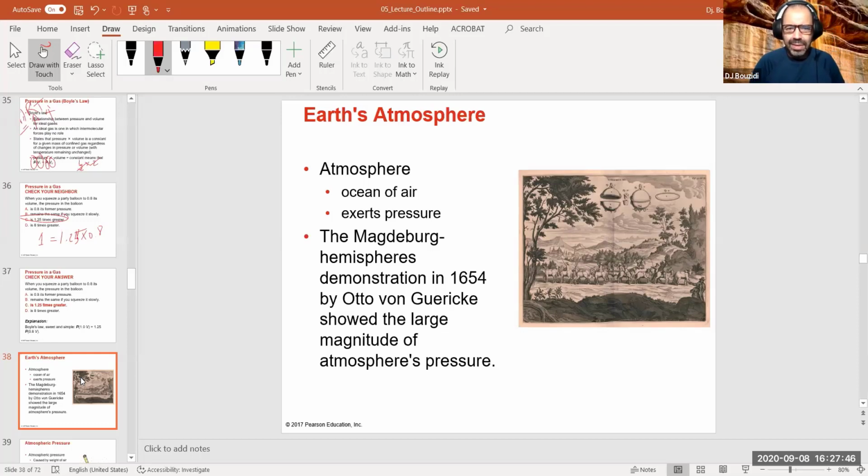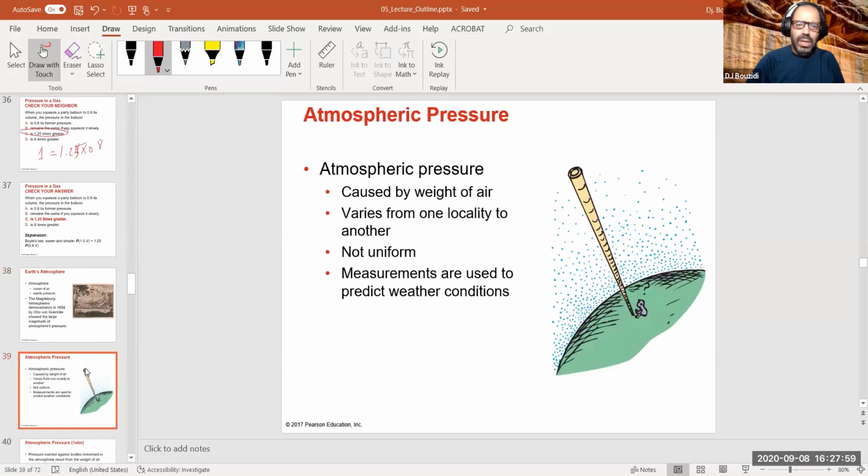Again, that's the demonstration for the air pressure. You remove the pressure from inside it, and now the outside air pressure will exert a lot of force trying to keep it closed. So what is the air pressure? It's basically the weight of the volume of air that is on top of you. You're sitting now, or standing, or sleeping. It doesn't matter what situation you are in right now. You are under atmospheric pressure.